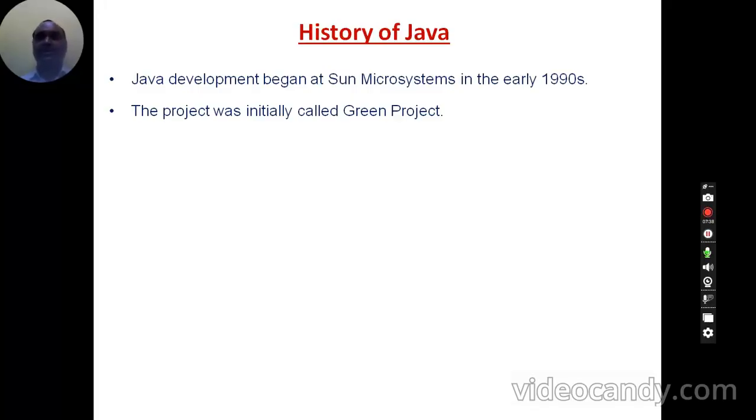In the early 1990s, the popular languages were C and C++, and they were considered the most advanced programming languages in those days. Sun Microsystems started writing programs for these TV set-top boxes using C and C++, and they found that when they wrote programs using these languages, the programs became very lengthy, occupied more space, and took a long time to execute on the microprocessors of the TV set-top boxes. Therefore it was not giving the efficiency they had expected.